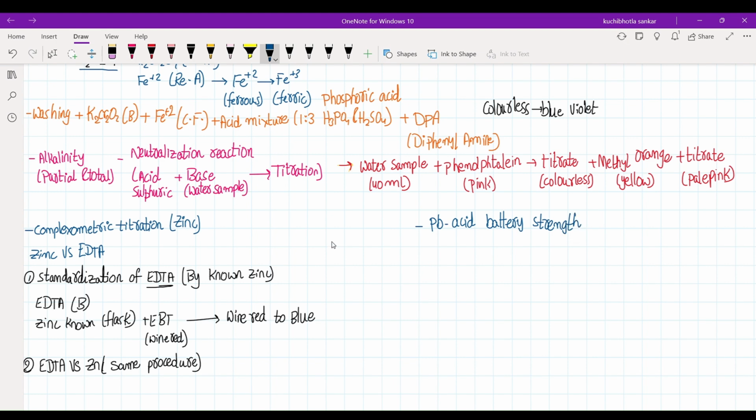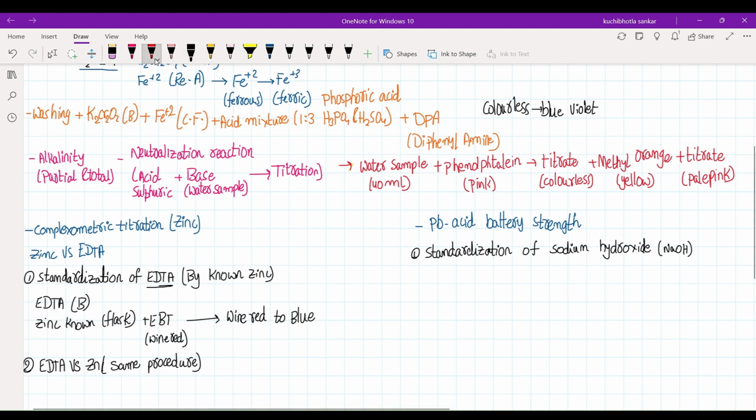Okay, so we are going to calculate the strength of lead acid battery, and for that it is also a two-step titration. So for the first step we need to standardize the sodium hydroxide solution. Standardization of sodium hydroxide, NaOH. And for this